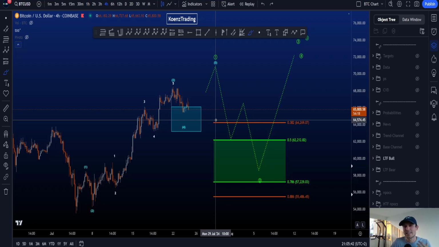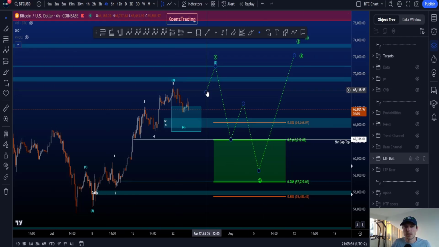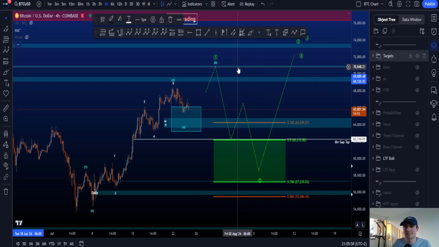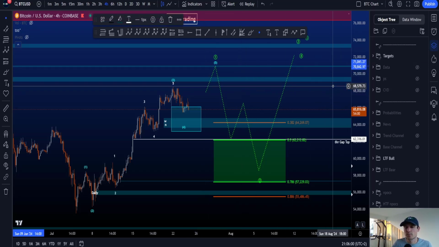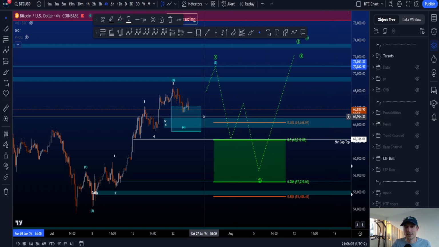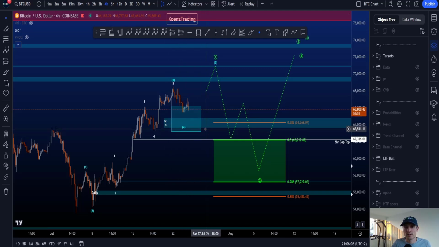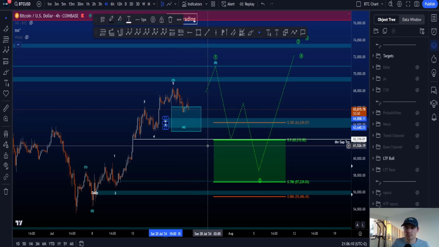But what makes it a bit easier is that from a swing trading's perspective, it becomes more interesting to also start looking for short opportunities towards the downside. Now with regards to resistance to the upside, in this scenario, we have the blue box 69.1k, 69.7k, and then we have a box around 70.9k. To the downside, we have this support box here inside this wave 4 target area, as you can see, 63.6k